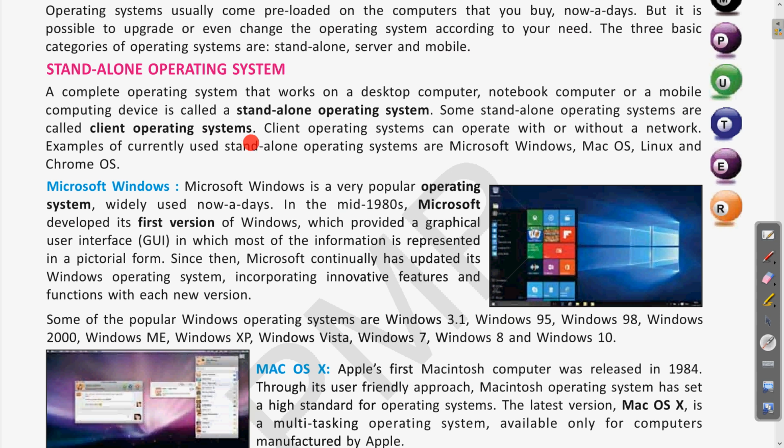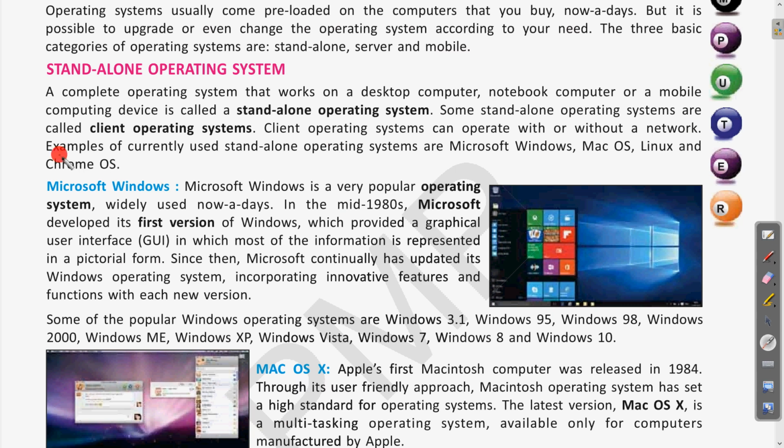So in the same way, in networking there is a concept of client operating system. Clear? So these standalone operating systems are called client operating systems, so they can work with or without a network. If you do not have a network, you can work on them as a standalone system, and if it is connected to the network, it will come as a client server model.